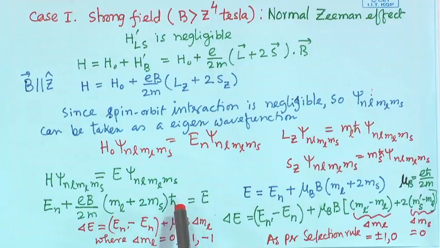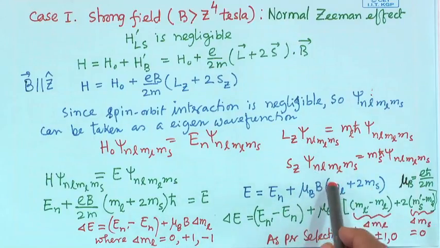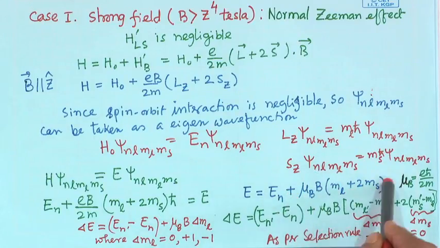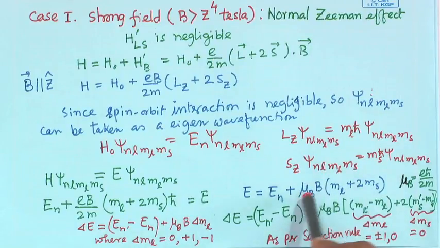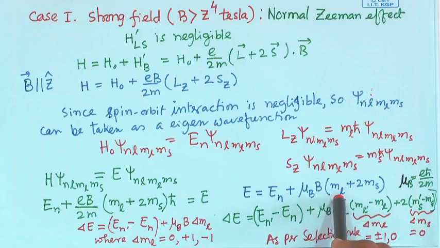So the final energy level, whatever initially it was E n, due to the magnetic field the energy level will change. How much it will change depends on this term. Basically in this term m l and m s are there, so the values of m l and m s will control